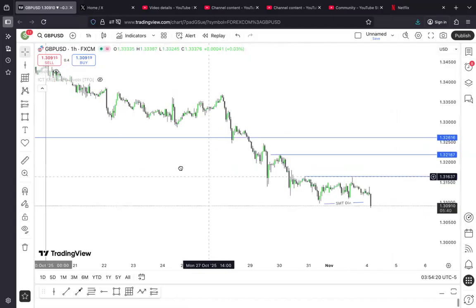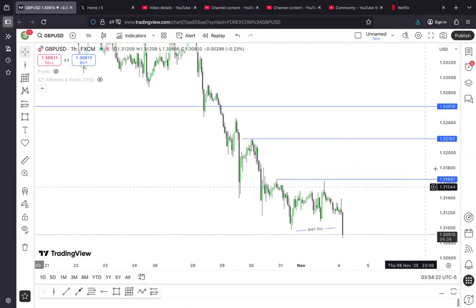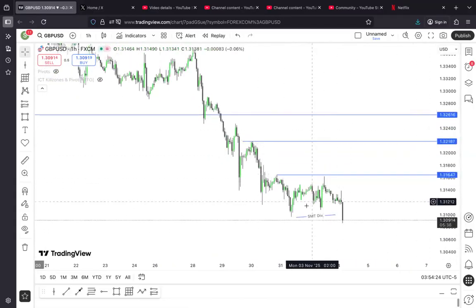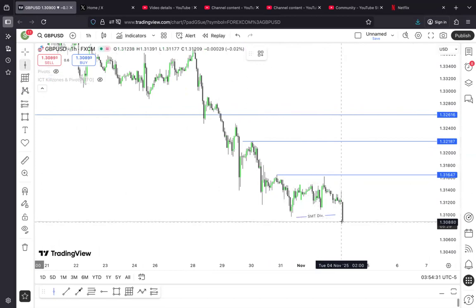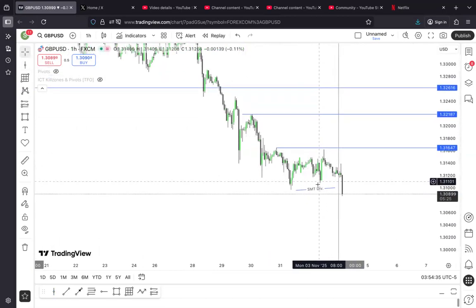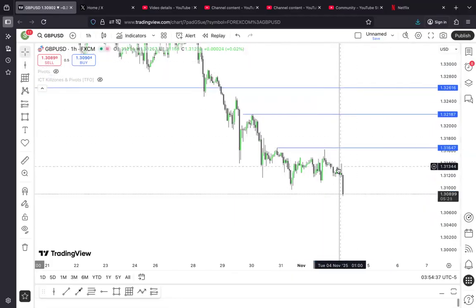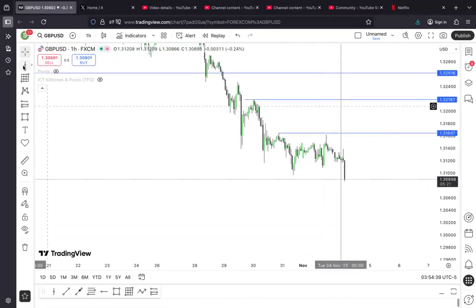So currently, this is what I'm looking out for. Today we are in a new week. Today is Tuesday, and I like the fact that price has taken out this low. So this is Tuesday, right? And I'm expecting that today's price action will give us low of the week. So all I'm waiting for is a retracement towards the opposite direction. We had an SMT here, but it did not hold apparently. But I'm still waiting.